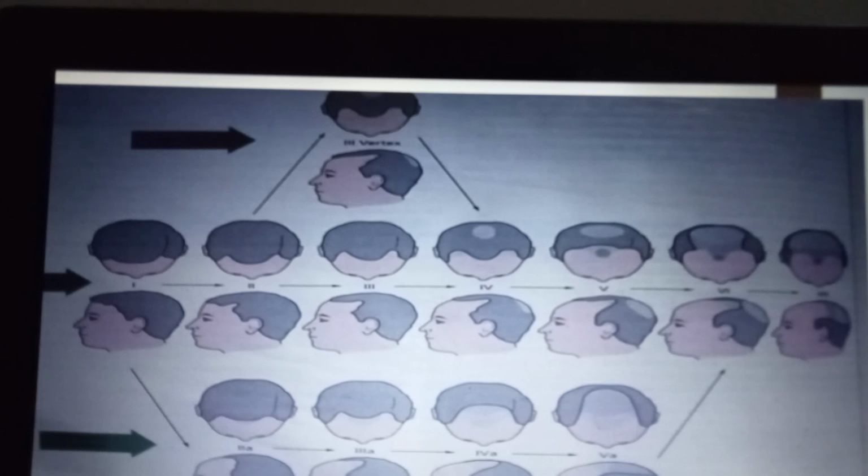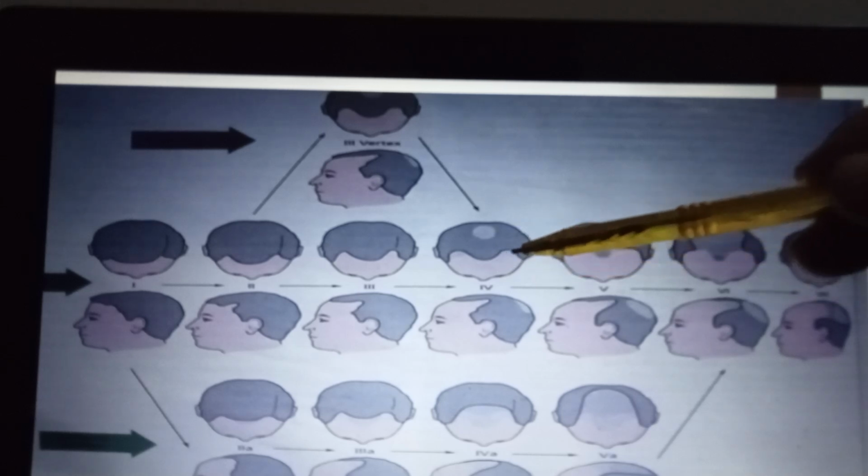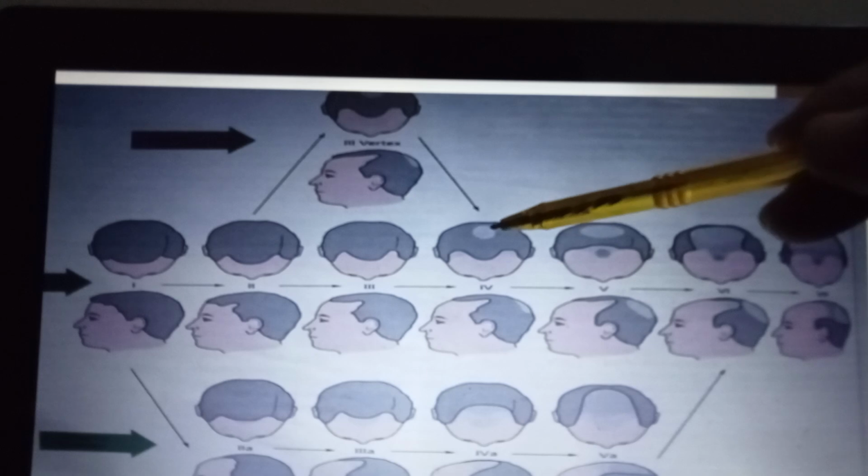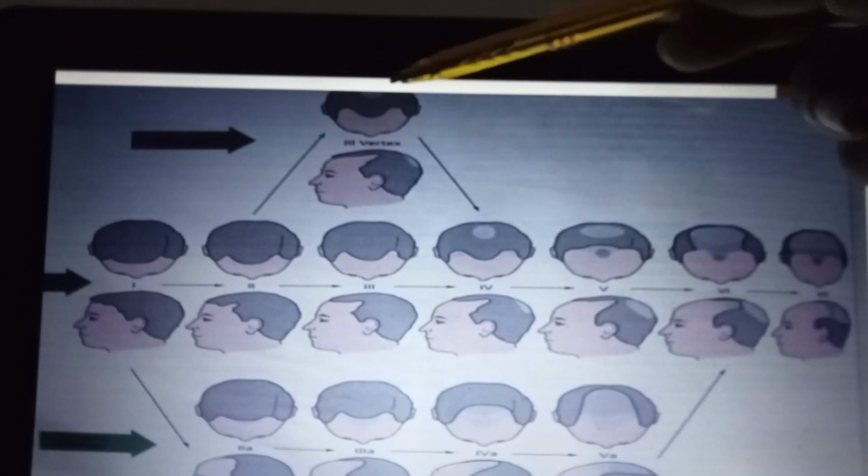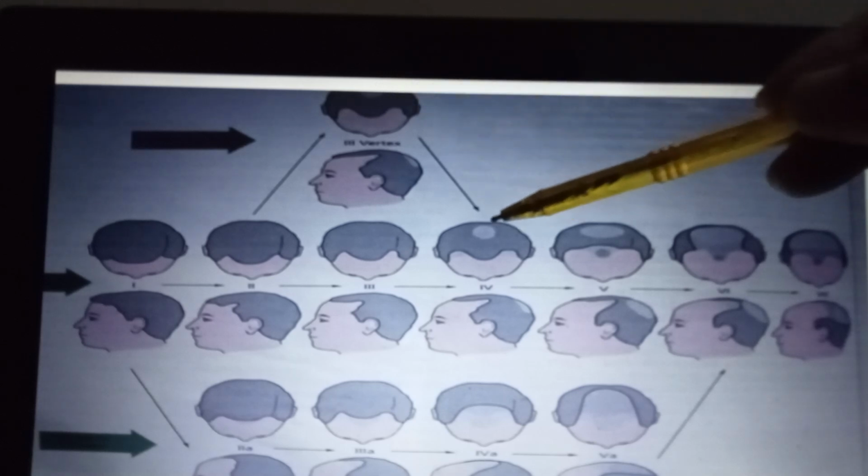In grade 4 system, there is temporal recession going beyond the middle coronal plane, and baldness in the crown area is greater than 3 inch in diameter. Now this is a grade 4 system of Norwood classification. This bald area is greater than 3 inch right now. In grade 3 vertex pattern it was less than 3, but right now it is greater than 3 inch in diameter